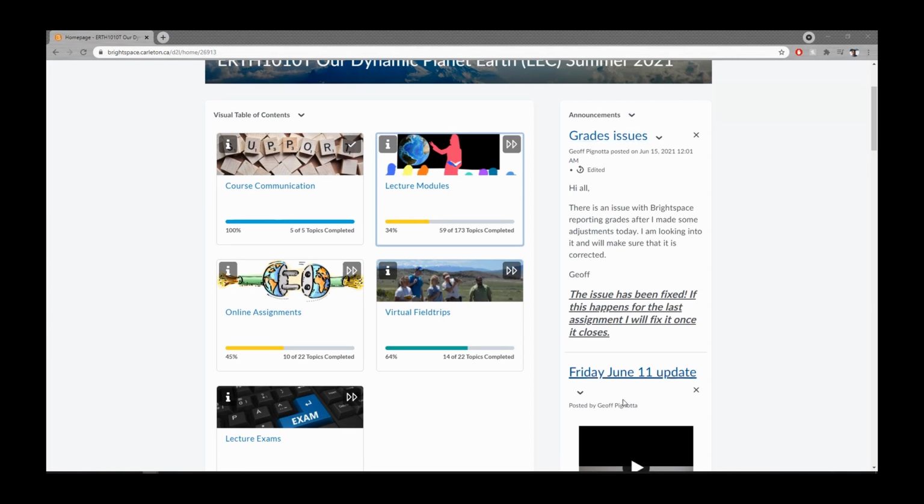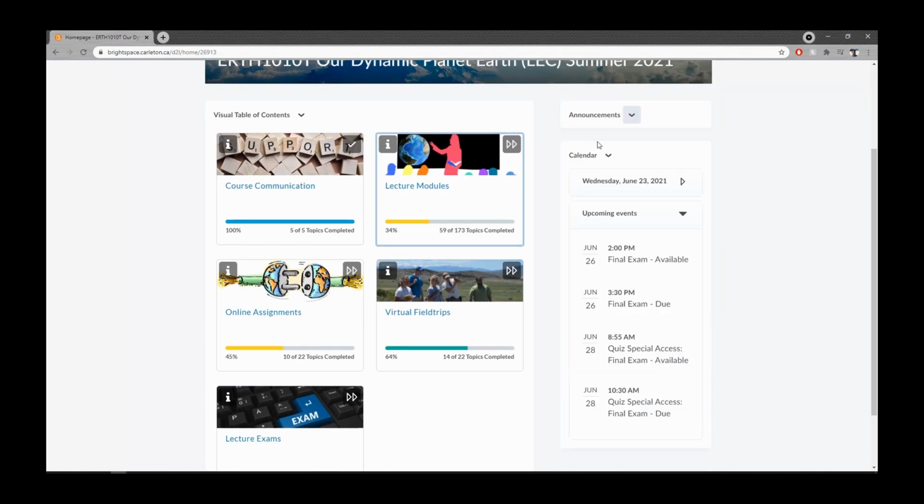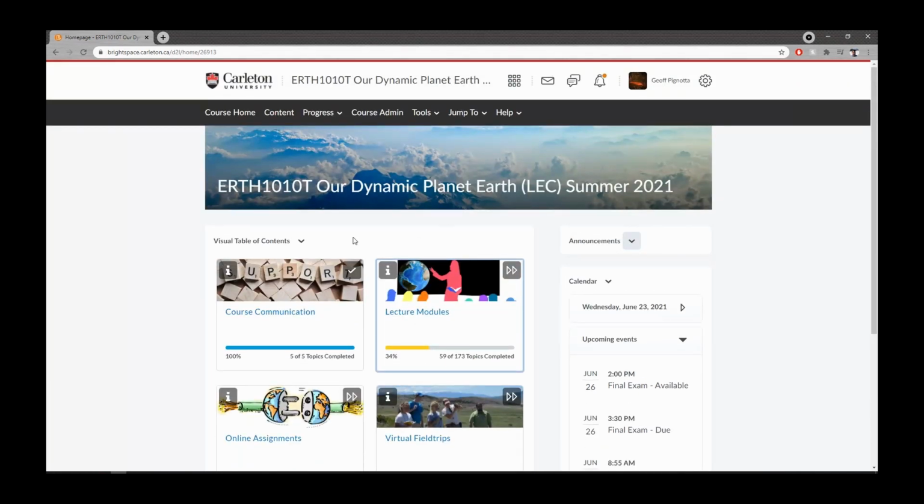I also had an announcements pane on here. This is what students see, and you can collapse that. It's just a widget. And then there's also a calendar. So I just kept the main page relatively simple with announcements, the calendar, and the table of contents. And if we jump into the course, I can show you how you actually